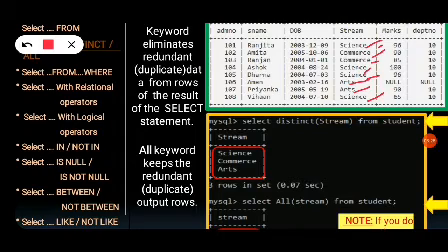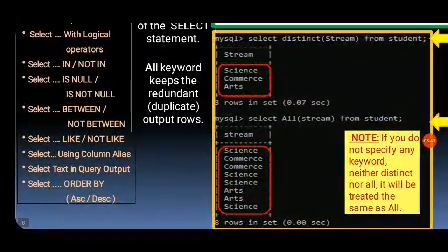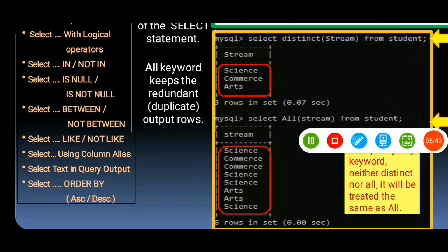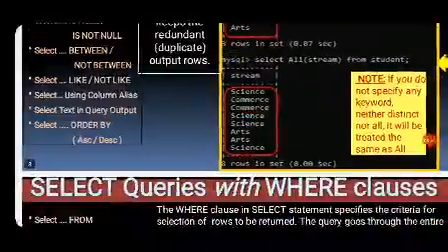So you'll get only three: science, commerce and arts. In the same way, if you want all streams without removing the redundant or duplicate values, you'll get the whole list, as you can see over here. I hope this is clear to all of you.